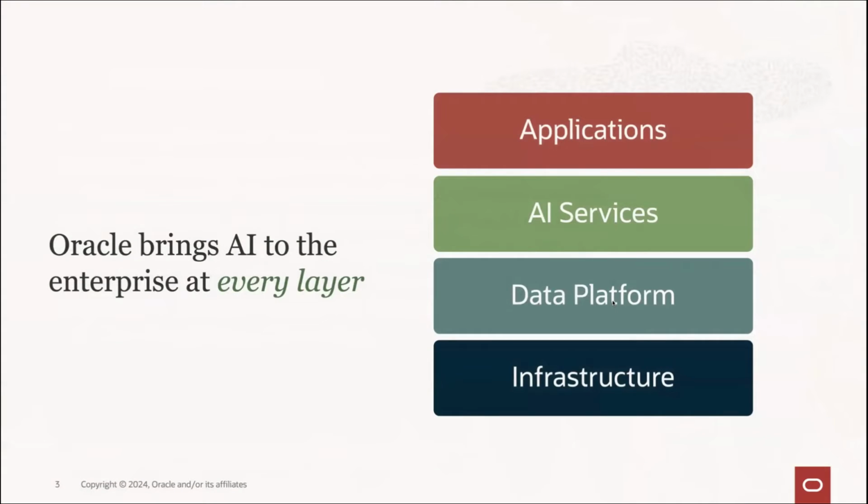First of all, we are trying to bring AI to every layer in the enterprise. We are not only providing AI services ourselves within the Oracle Cloud Infrastructure, but also bringing all the benefits of these AI services to our embedded cloud services. So in general, when we talk about infrastructure, we are also doing AI-powered services. When we talk about the data platform and maybe observability and monitoring, we are also leveraging AI there, especially GenAI, and we're going to go a little bit into that.